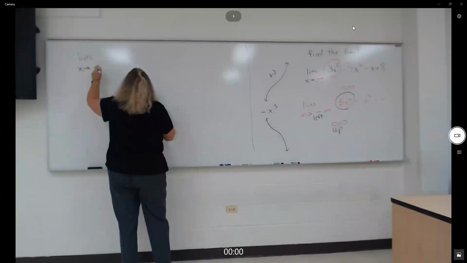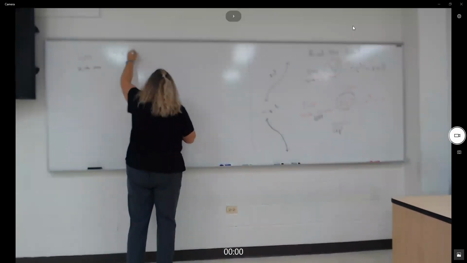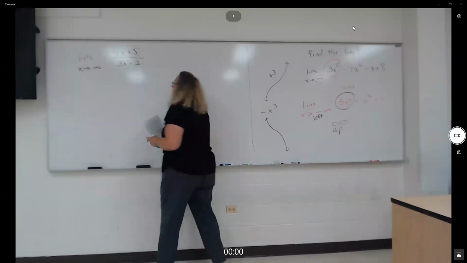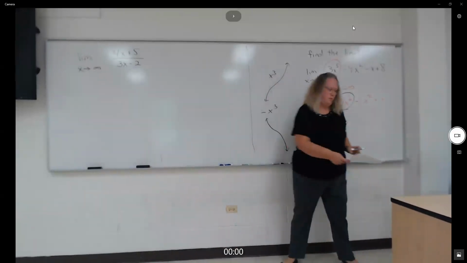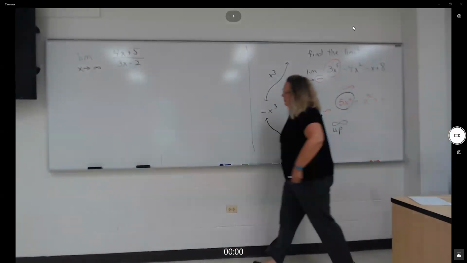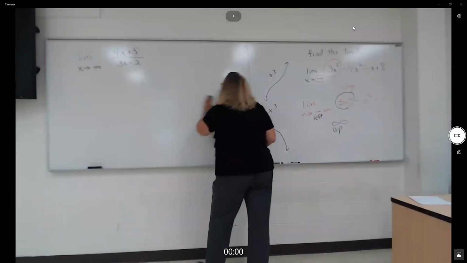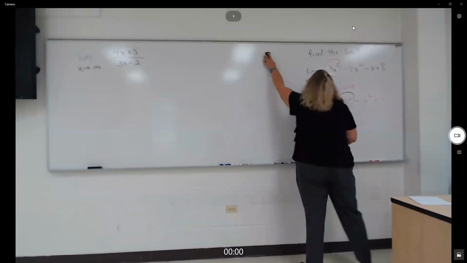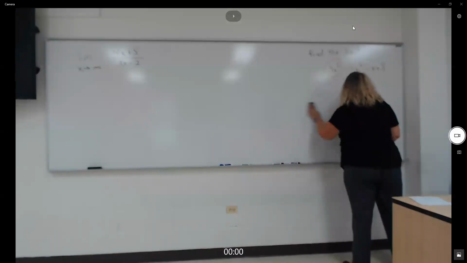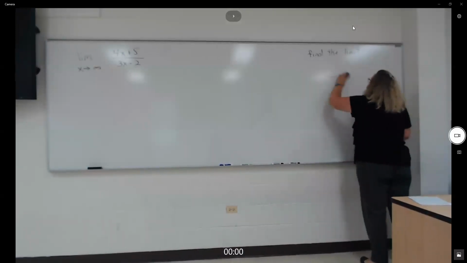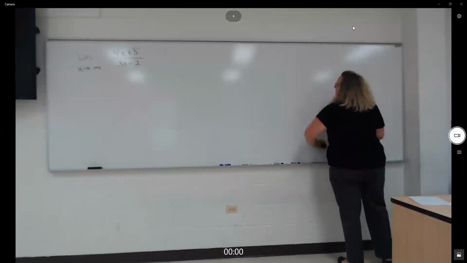So now we're doing infinity, 4x plus 5 over 3x minus 2. All right, so we're back to rationals, but we're definitely not at vertical asymptotes,